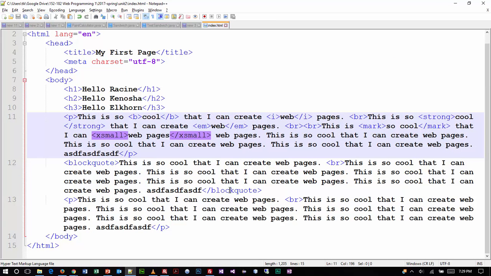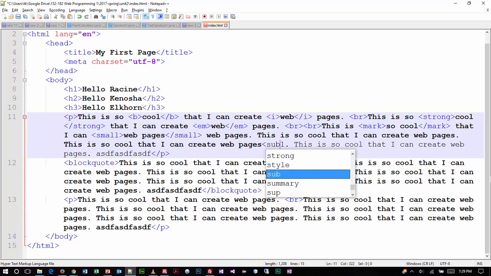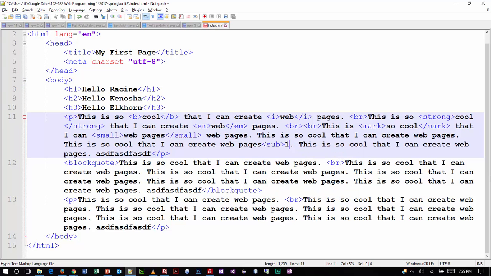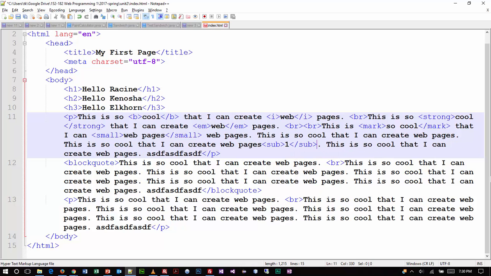But I know that there's been a lot of contention with some of the way that they have named some of this stuff. So when they go to future iterations, it'll be interesting to see which tags stick and which don't. If you're interested also in doing subscripts and superscripts, you see I'm putting in a number here. You can do a sub, and I'll do both of them at the same time. That's a subscript. And if you want to do a superscript,